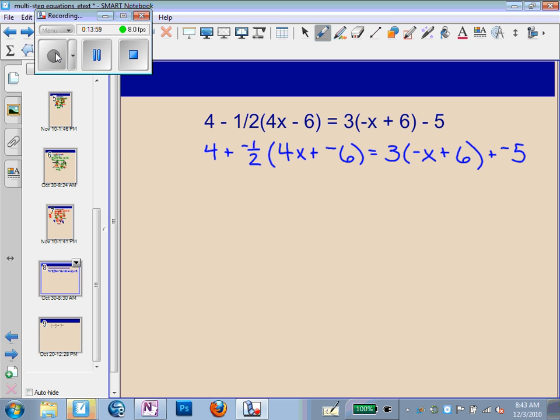So on the left-hand side, I'm going to be multiplying negative 1/2 times everything in parentheses, and on the right-hand